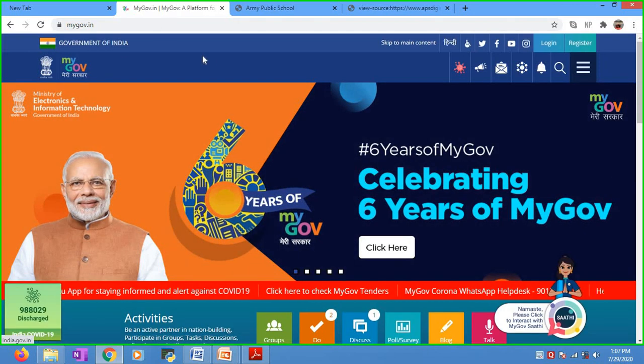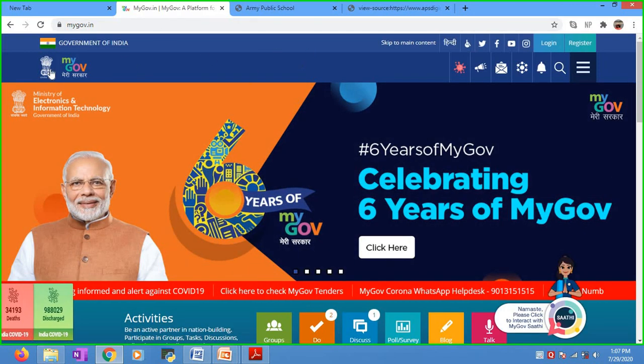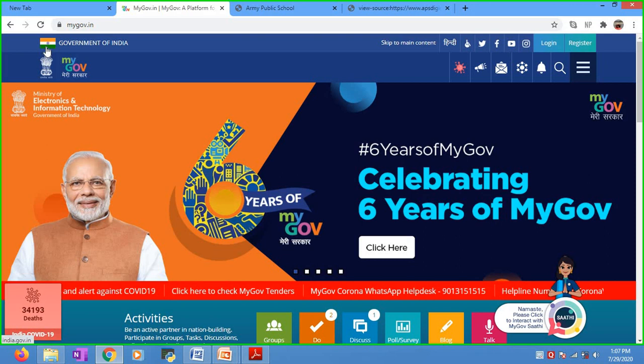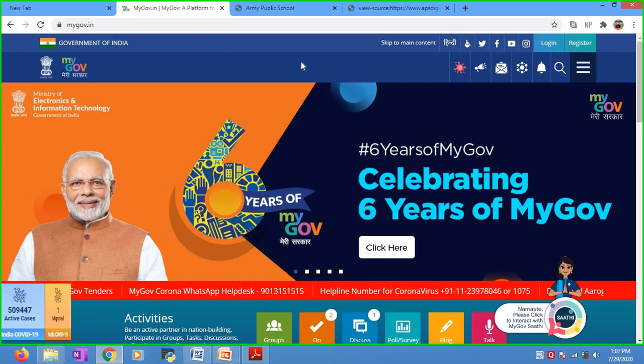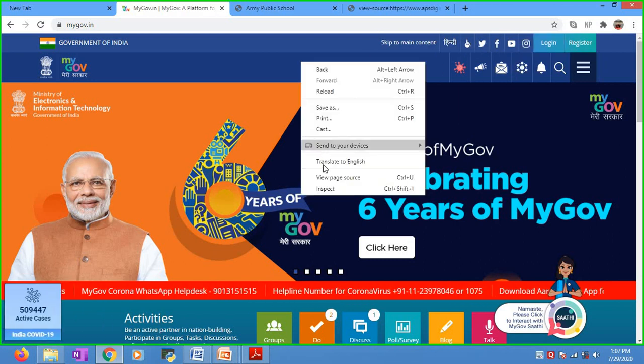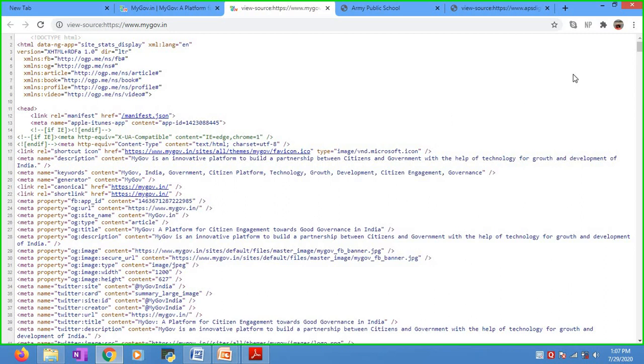See, this is a blue bar, again a blue bar. Here is an icon of a flag, there is an emblem of my government, and these are all buttons, isn't it? So how will you design such a page? If you go to the source page, you will come to know about the programming. See, this is the entire programming of that particular page.